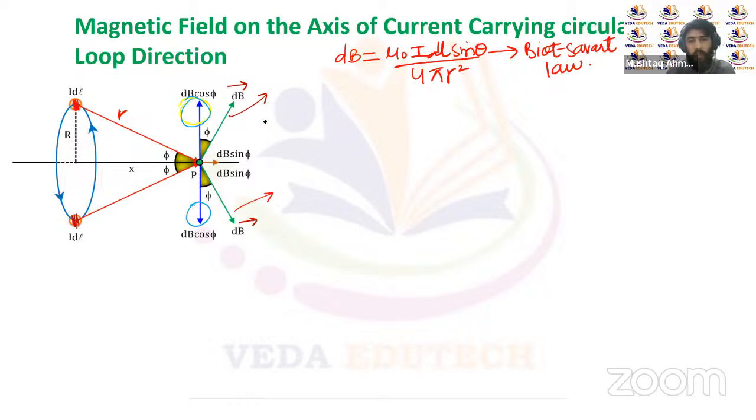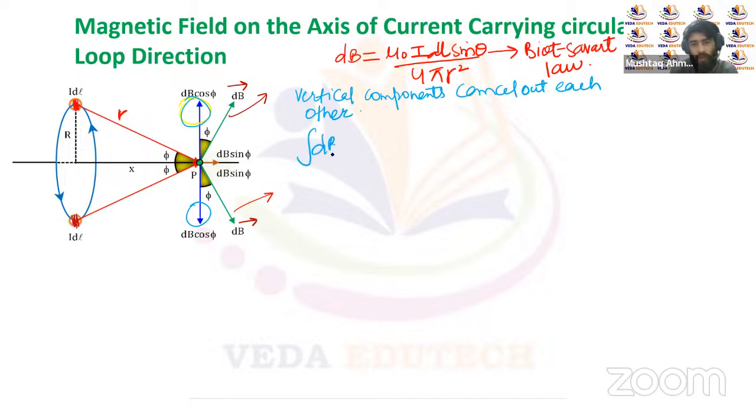It means that the vertical components cancel out each other. Or we can write it mathematically that the integral of dB cos phi